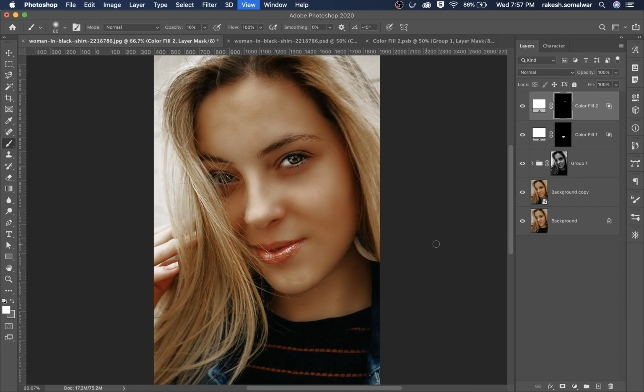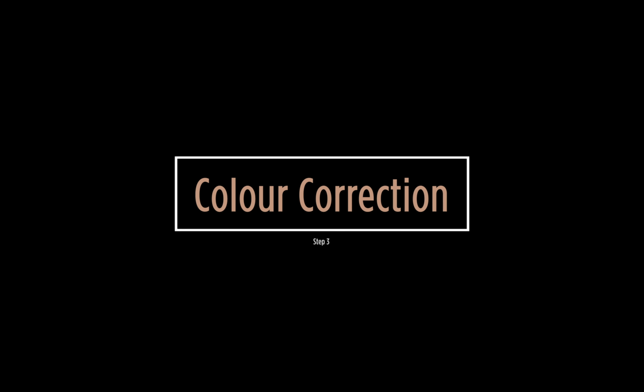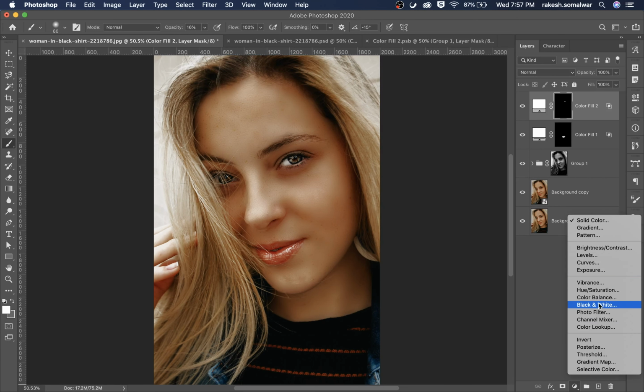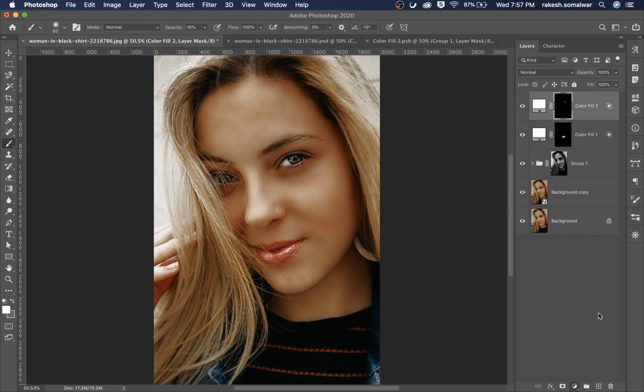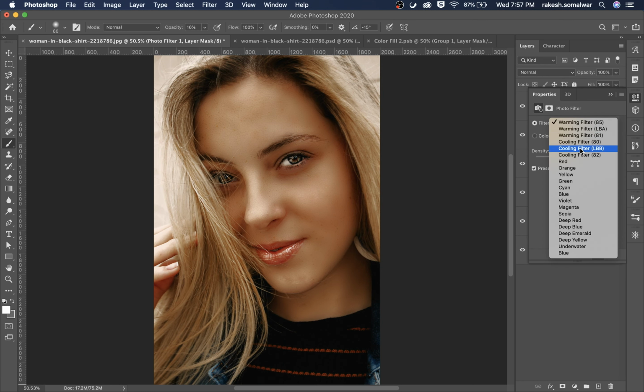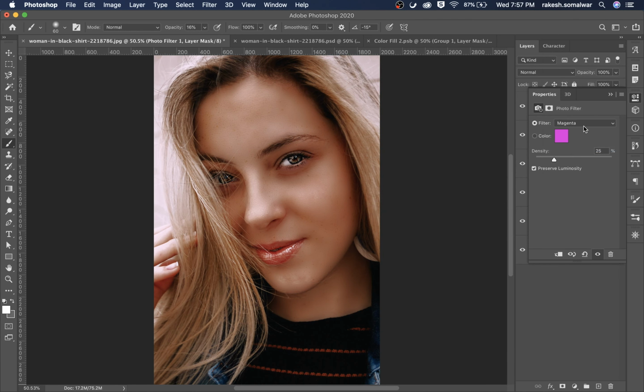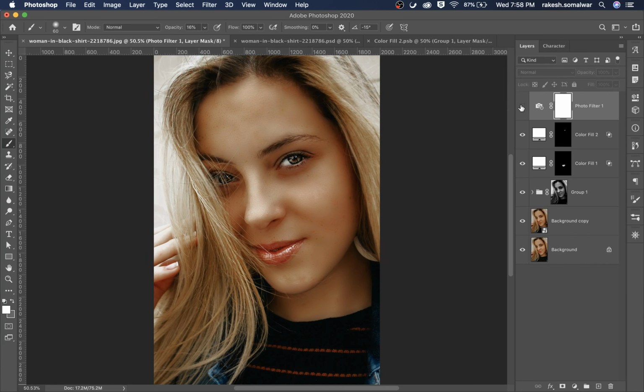Now we go to color correction because our image is absolutely ready for color correction. Go to adjustment layer and take a photo filter. I want some greenish tinge, so I take aqua green, like underwater green, which softens colors.